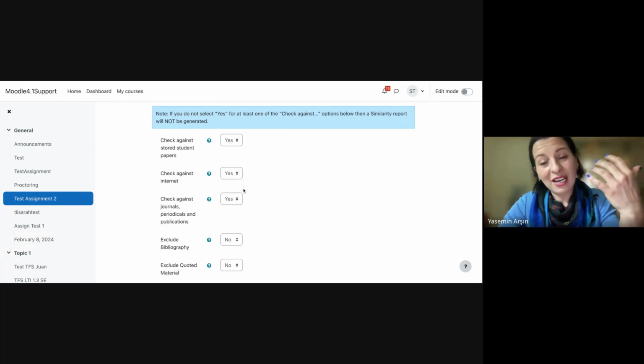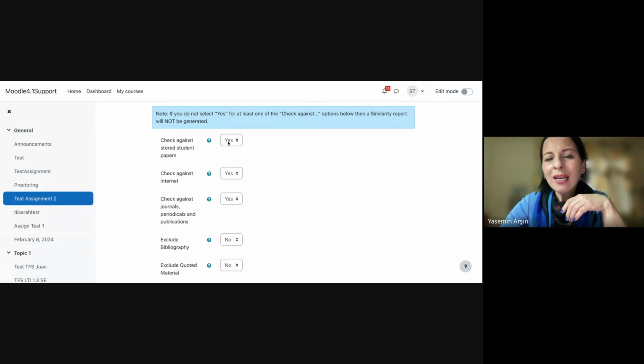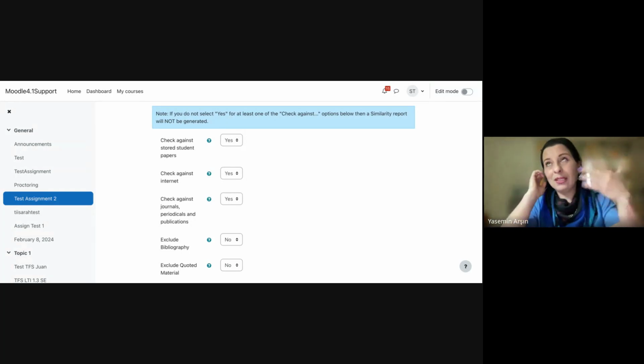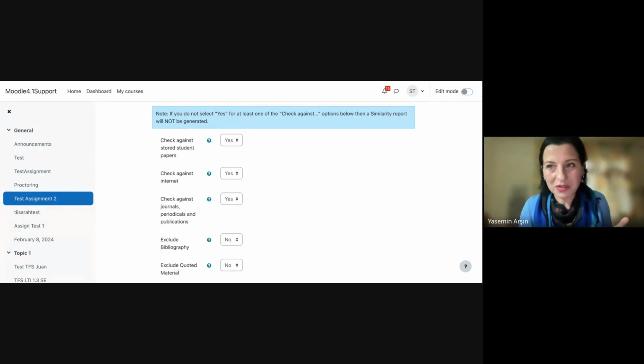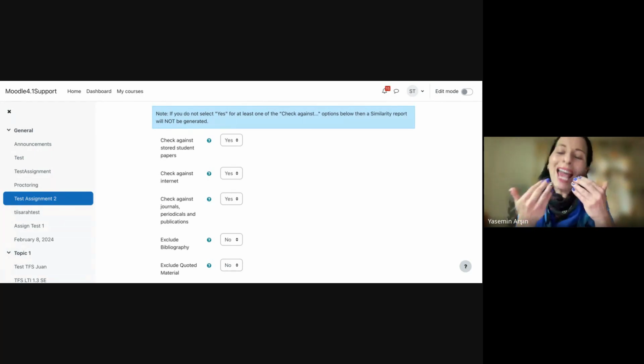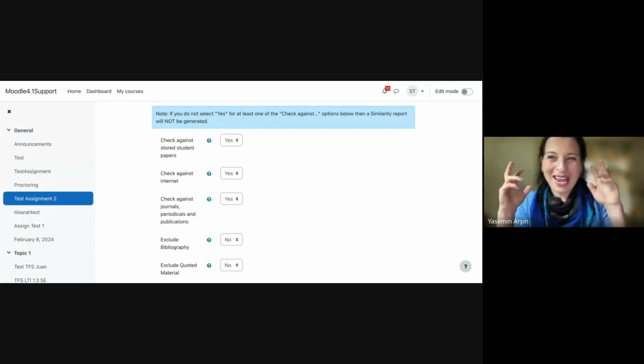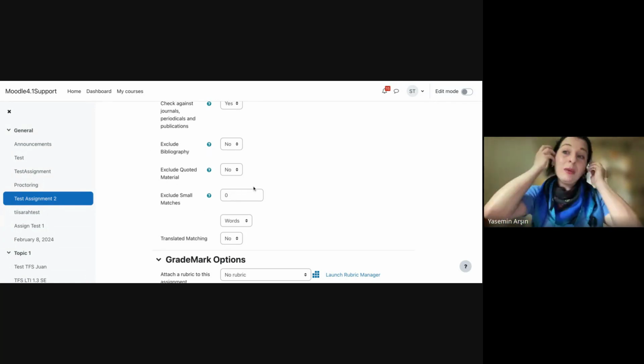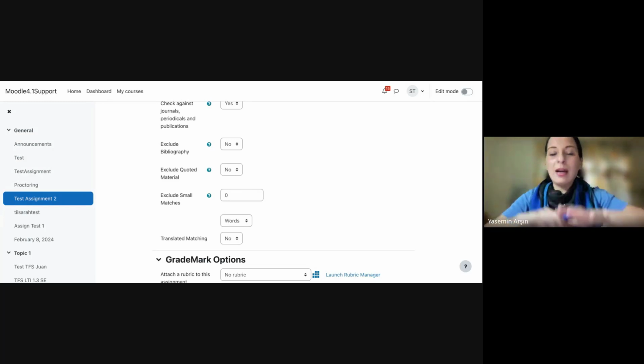All right, and then so here, of course, there are database sections, student papers, internet pages, academic articles. Of course, yes. I guess by default, they are yes anyway. So don't change them into no, because if you, for example, say no to student papers, you will cancel billions of papers. I mean, you will cancel a database with billions of student papers. All right. So you will not have a healthy similarity score, let's say healthy. All right. And then this part will also depend on your decision, even as an institution. Maybe you will have a team meeting and you will decide on which criteria you will have for the assignment settings.